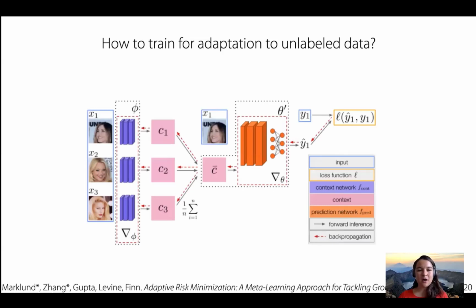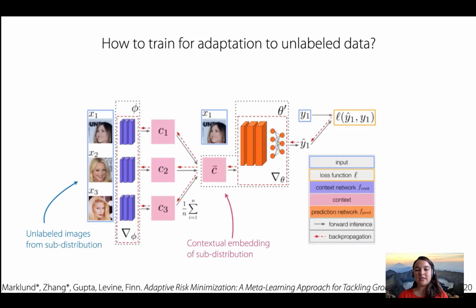So in particular, our architecture will look like this, where we take unlabeled images from our subdistribution, then pass this into a neural network and aggregate this information into a contextual embedding of the subdistribution. We'll then combine this with the query image, which will be used to predict y hat, an estimated label for that query image. And then we'll compare that prediction with the correct label to perform the classification loss for the query image. Then we'll train this network end to end for a variety of different subdistributions that we sample from the data.